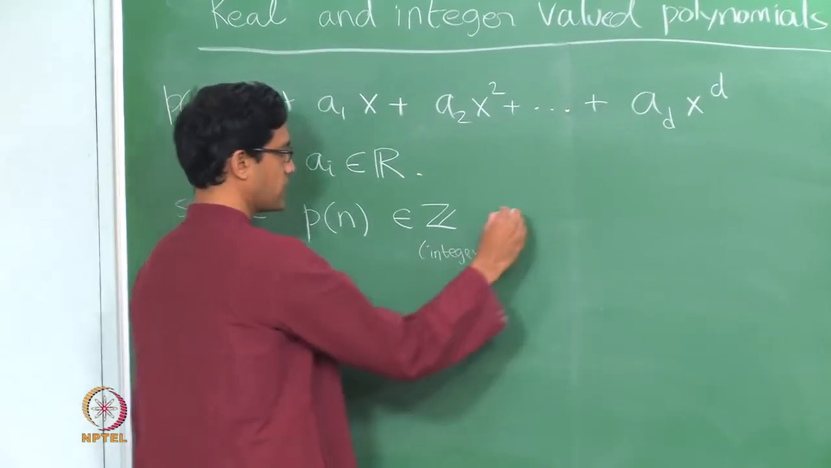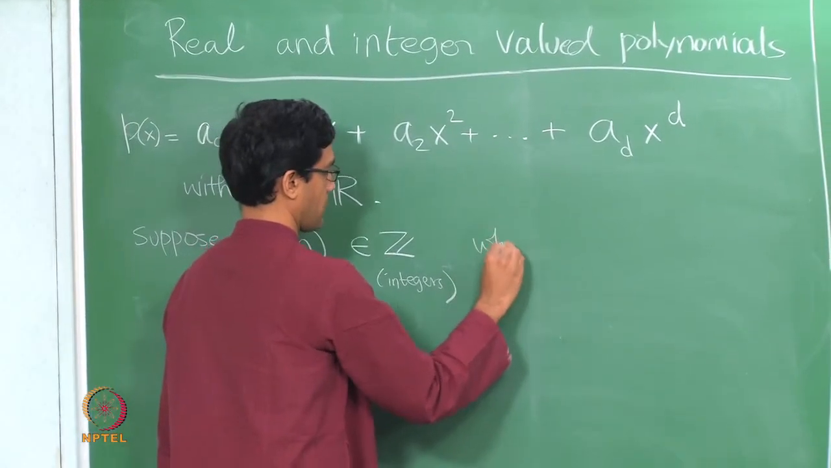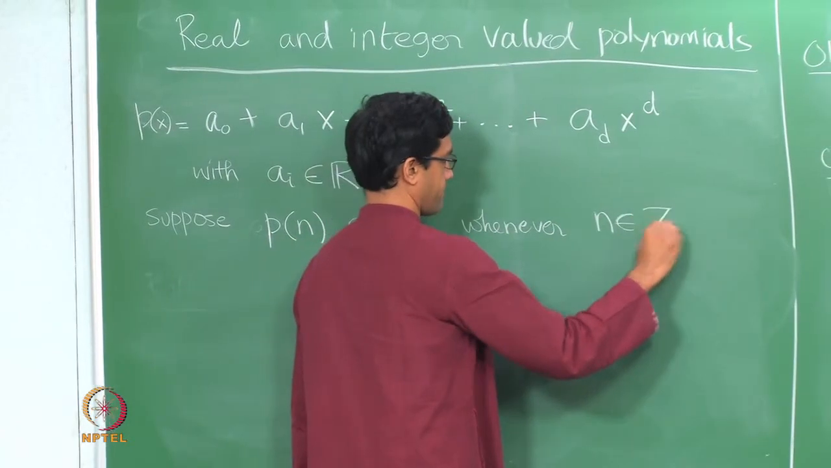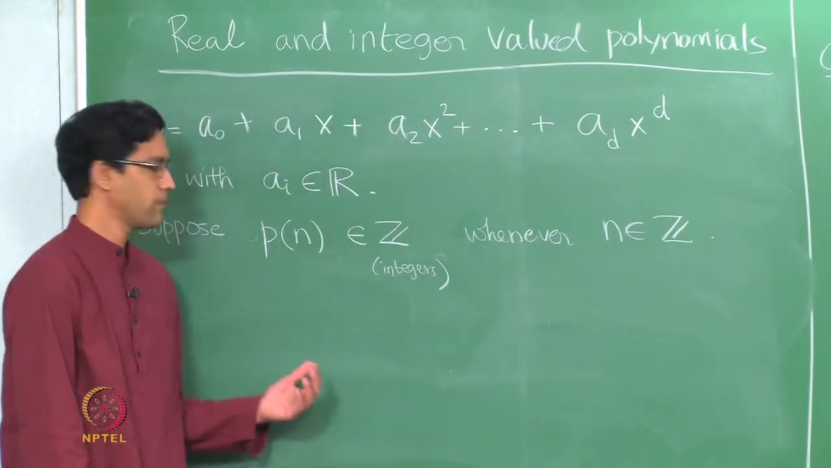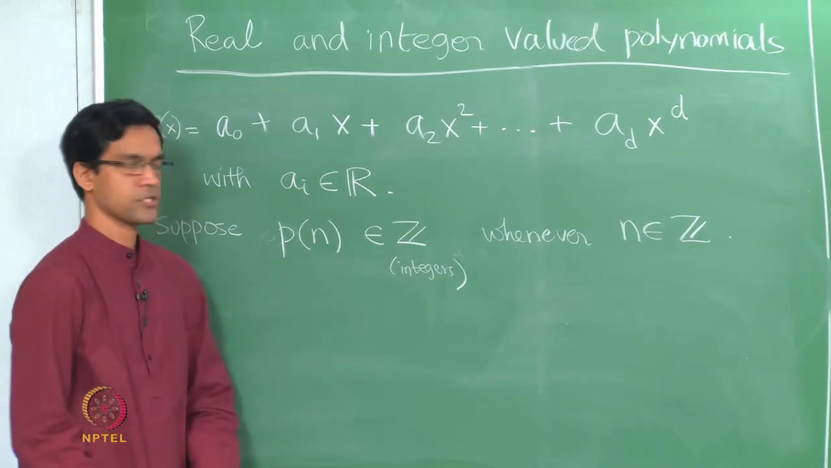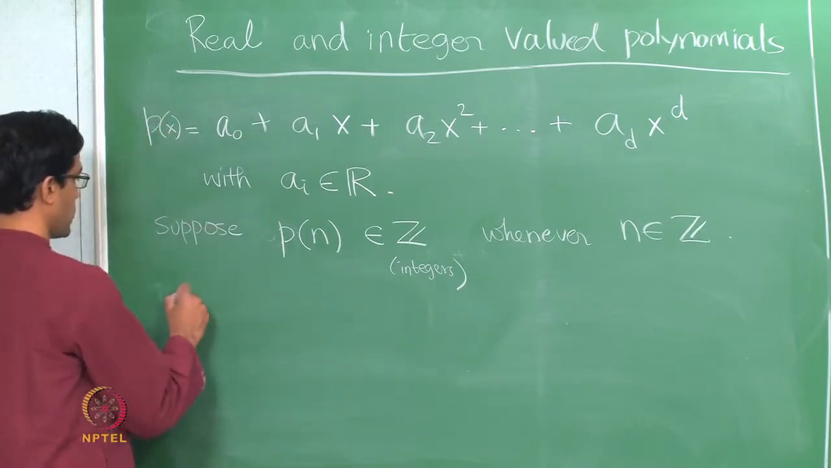P of n is an integer whenever n is an integer. So here is a condition that is given, that p takes integer values when you plug in an integer for x. Okay, then the question is, what can you conclude about the coefficients? So again the same question, so problem,